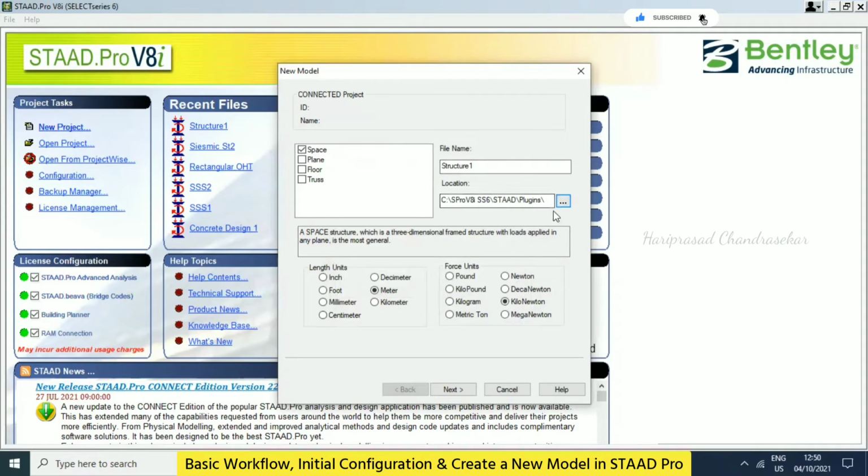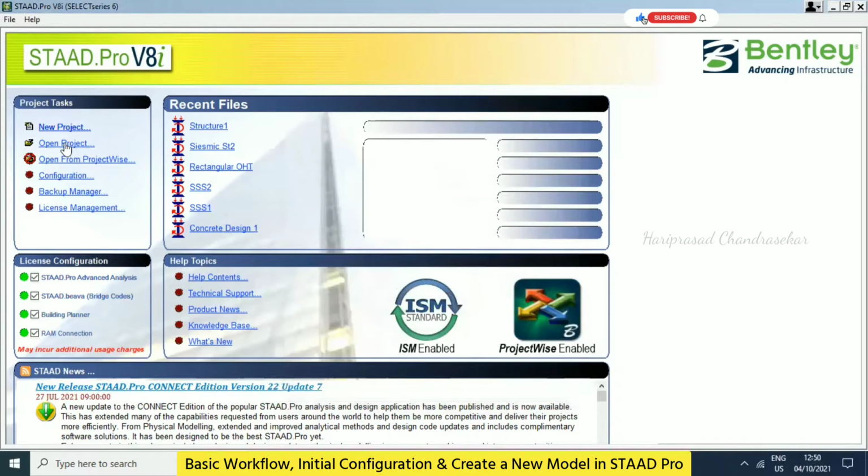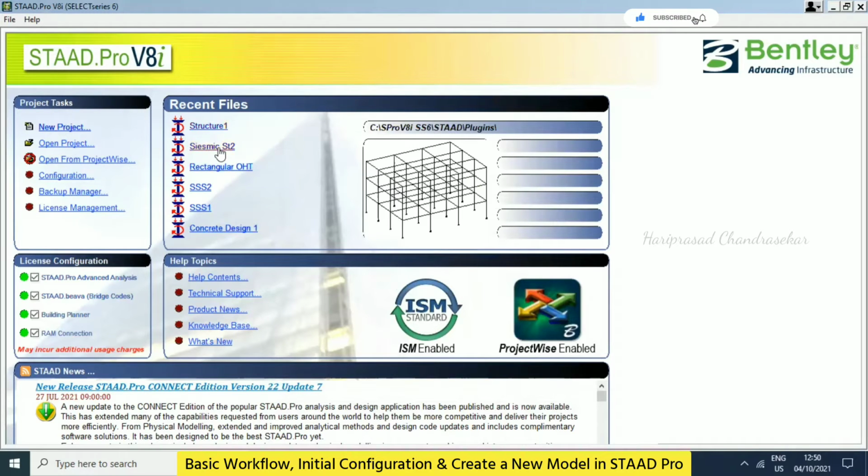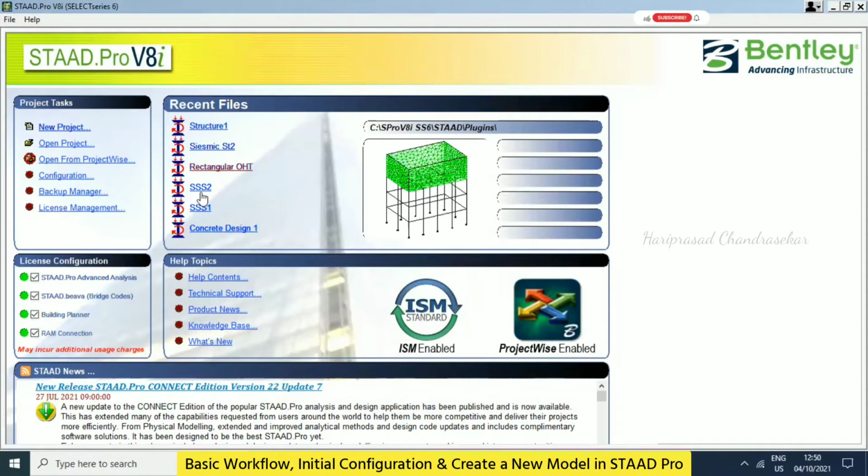Okay, so these things you can now do from the configuration as well. I am not going to open anything, so I will just go to configuration. Under open project, you can see the recent files here, and you can see a preview of them. Keep the mouse over the file, but do not click, because clicking will open it. You will see the preview coming.